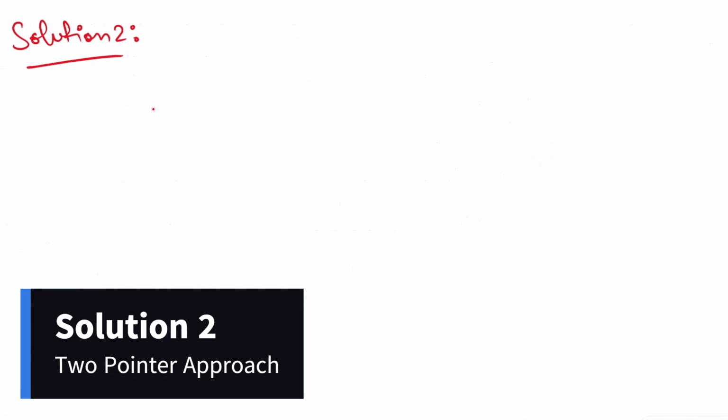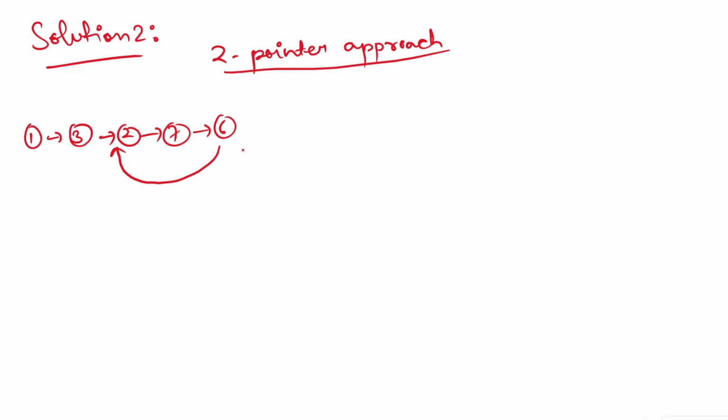So how do we solve the linked list cycle detection problem using the two-pointer approach? Let's have an example first. This is our list. So in the two-pointer approach, we have one pointer slow and one pointer fast. So how do we detect a cycle? Simply we start both pointers from the first node and then move slow by 1 step and fast by 2 steps. So let's find where they meet.